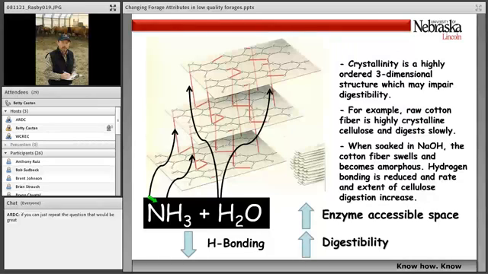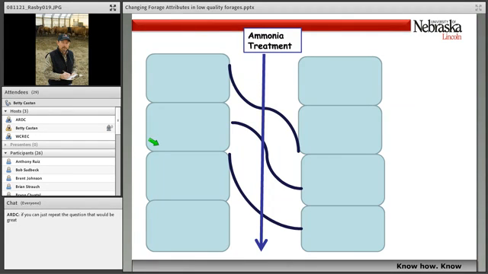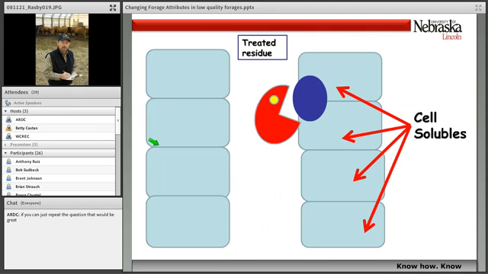And so this is another diagram. Again, I have illustrated here this very structured cell wall, and then we have anhydrous ammonia plus some moisture. It goes through and opens up that cell wall structure. I don't know if it makes it less rigid, but it sure enough makes it more available for those rumen microbes to attack. Another schematic shows that ammoniation makes those fiber components less rigid and more available, and the next illustration is that the Pac-Man can have easier access to that cell wall fiber, so those animals can digest that very mature forage